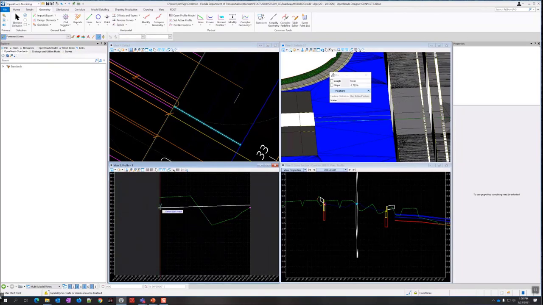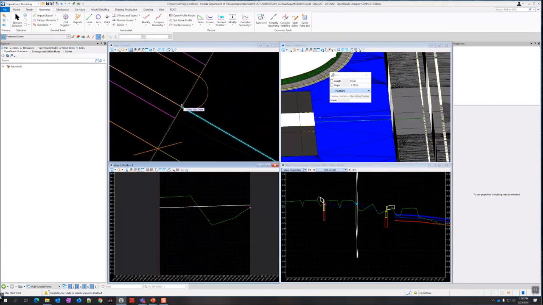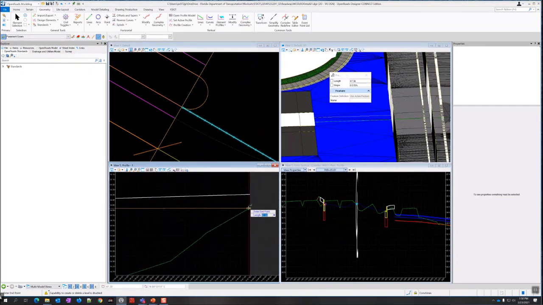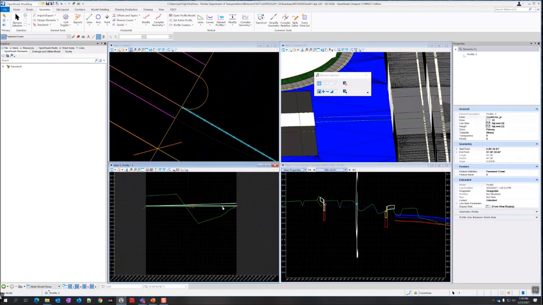And again, if you use the profile intersection point and you just brought in this pavement asphalt PM, you'd be able to snap to that. So you could use that one. And then the stop point, I'm going to snap to this profile intersection point that I created. Snap there. And then I'm going to make that the active profile. Set as active profile when you bring up the little pop-up menu.